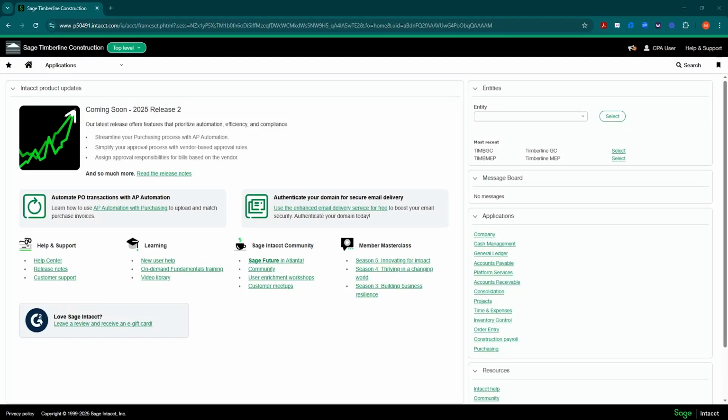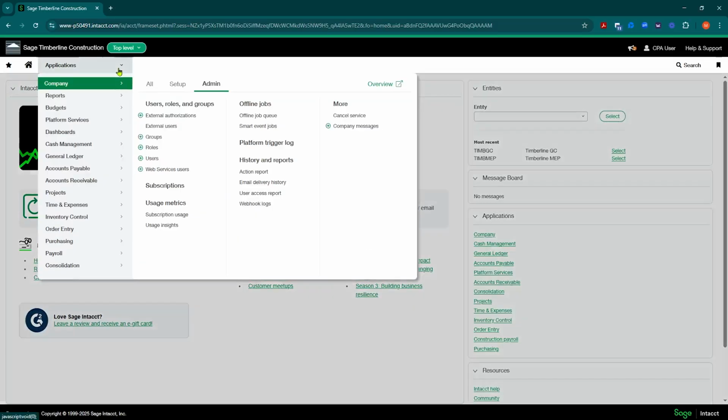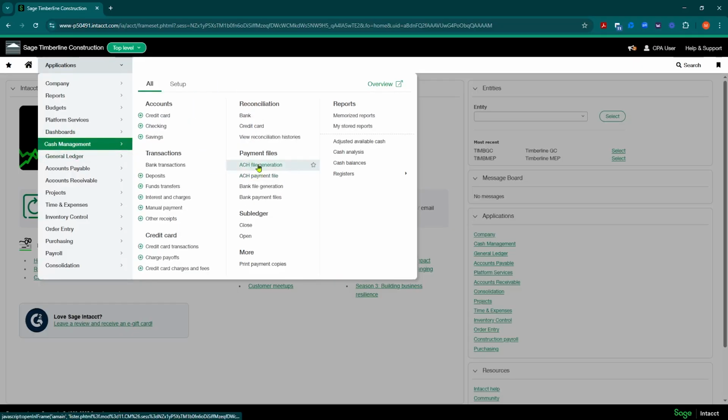In this video, we're going to be discussing specifically the configuration and requirements for setting up either ACH or bank payment files for electronic payment for vendors and/or employees, and what needs to be done for this. Let's take a look. Inside Intacct, you're going to have the ability to pay vendors and/or employees via an electronic file generation for ACH, or what we call a bank file. And you're going to be able to download that Nacha file, that bank file, and upload that to your bank